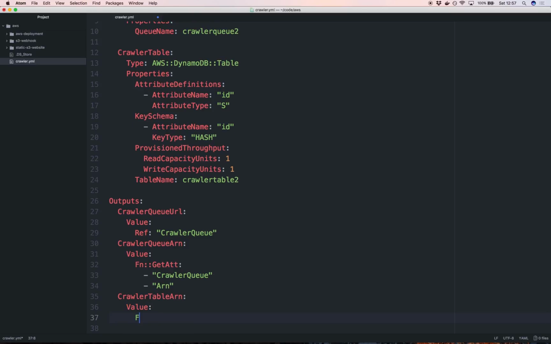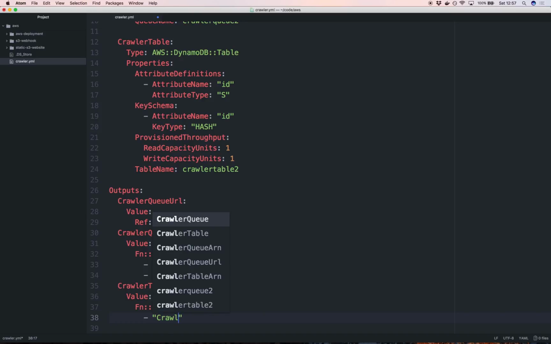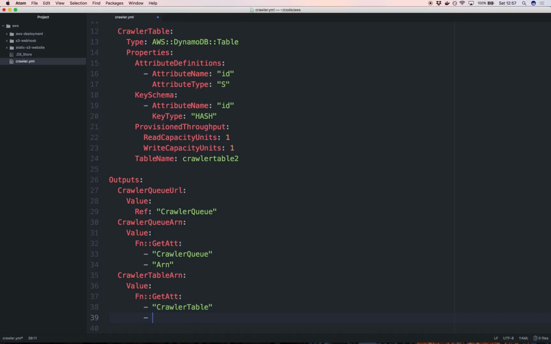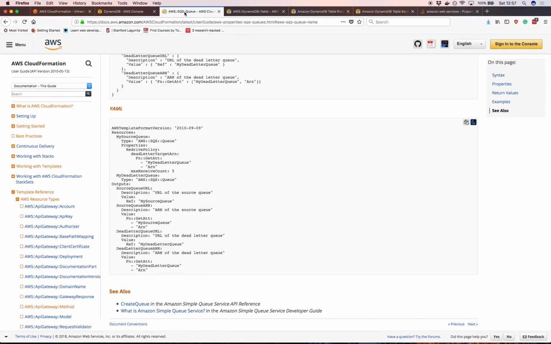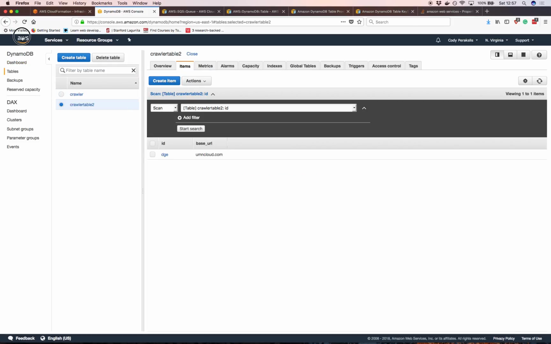Specify the value to be the get attribute function that will take the crawler table and will give us the ARN of the crawler table. So then if we go back here,